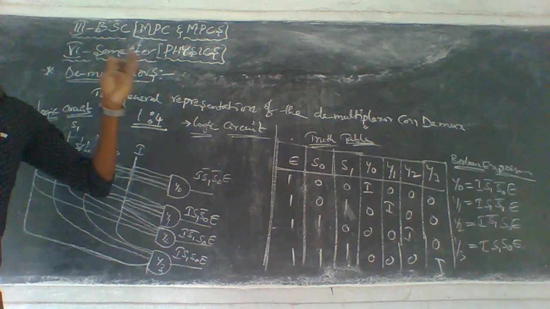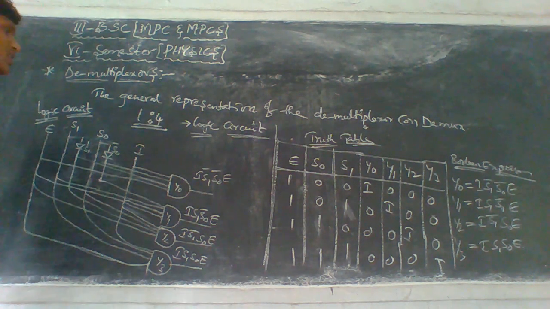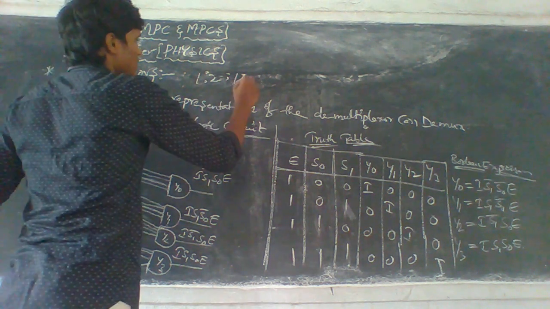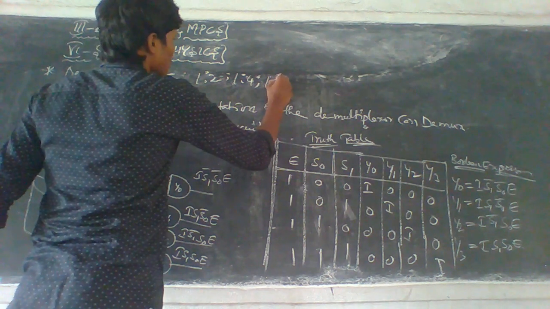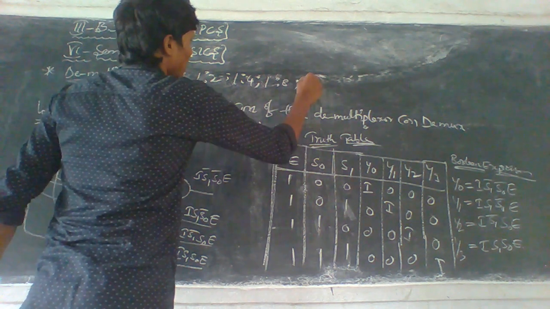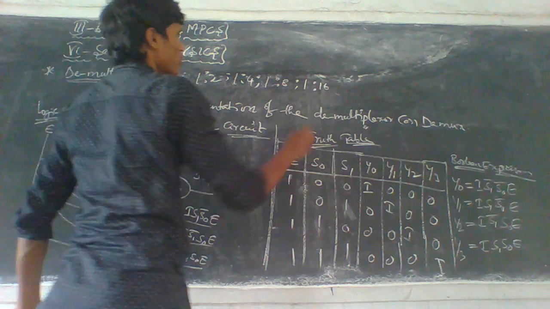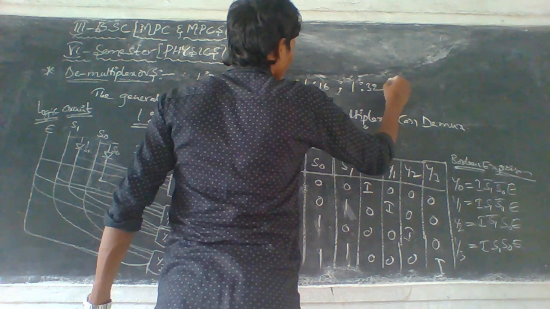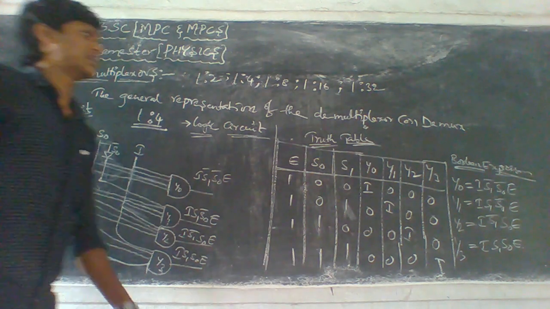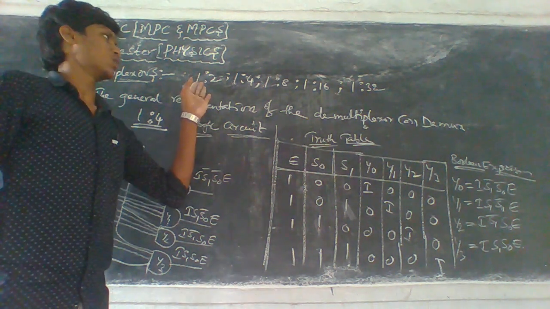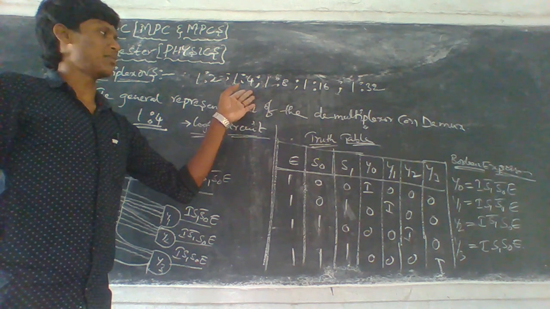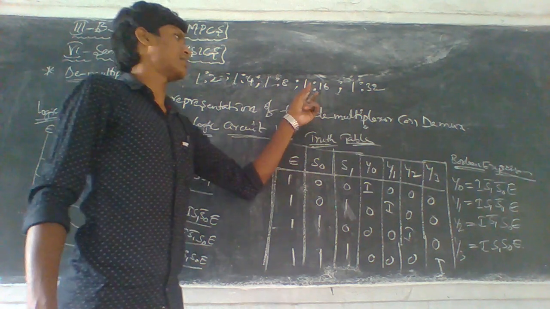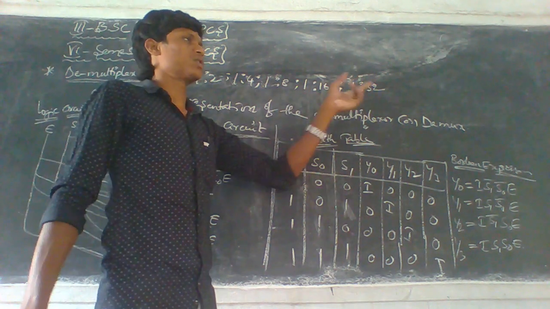Or demux, or data selector. Like this we can have one line to two line output, one line to four line output, one line to eight line output, one line to 16 line output and one line input to 32 line output. That is 1 to 2 demultiplexer, 1 to 4 demultiplexer, 1 to 8 demultiplexer, 1 to 16 demultiplexer and 1 to 32 demultiplexer.